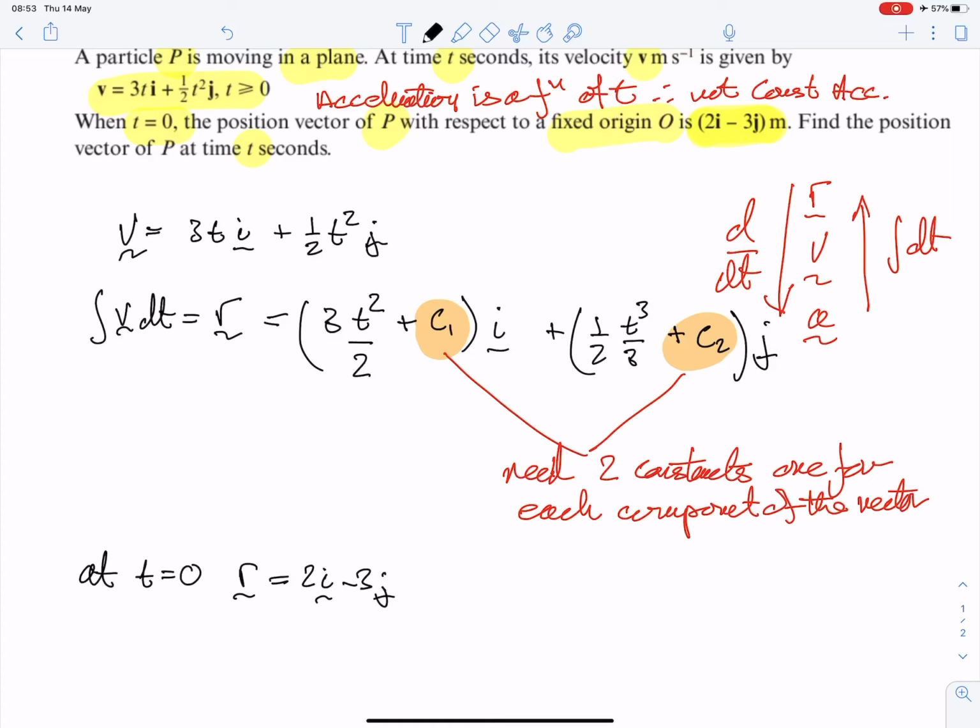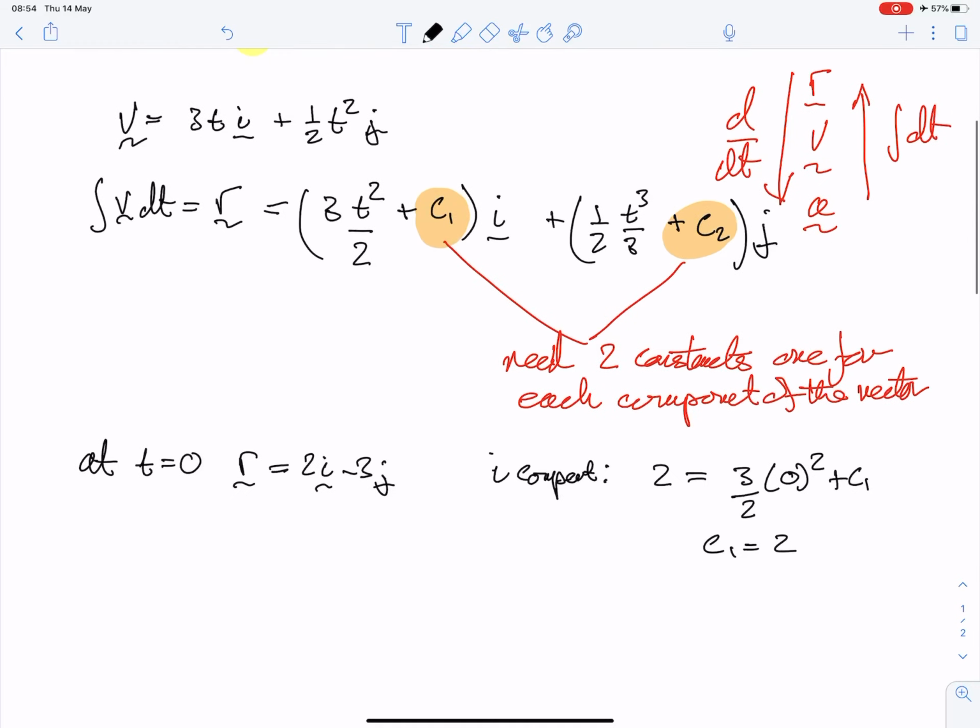So if I consider the i components, I get 2 is equal to 3 over 2, 0 squared plus c1. So c1 equals 2. If I now think about the j component,